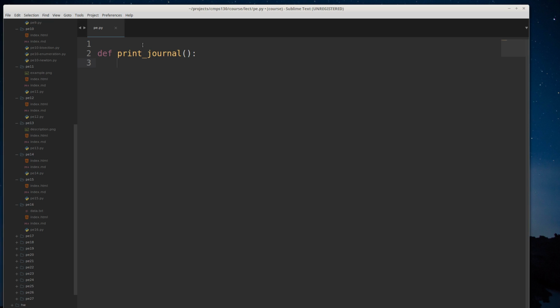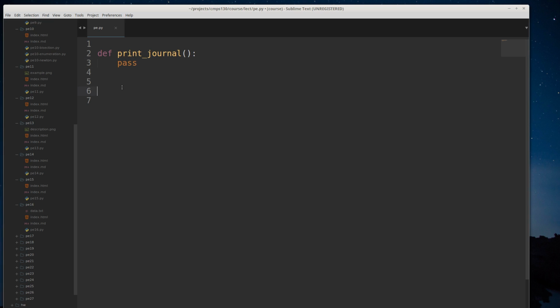If we don't want the function to do anything, we can use the keyword pass, and that'll just tell Python that look, there's nothing in this function right now. We could return 0 or something like that, but that's a nice little keyword that just says, okay, we're going to come back to this, but for now, just ignore the content